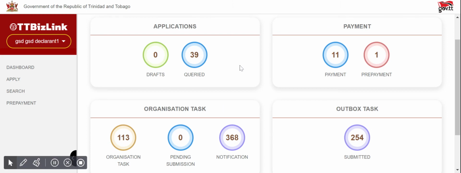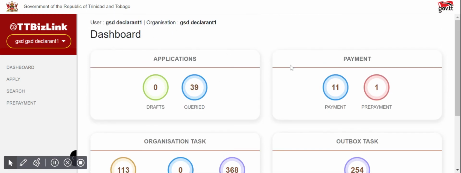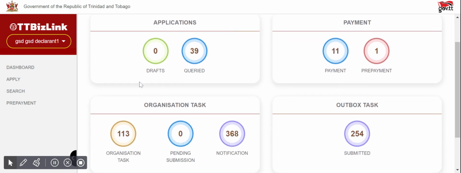Understanding your buckets on your dashboard. So the dashboard that you have open would be the dashboard for the organization that you're logged in with. So this organization, which is GSD Declarant 1, has zero drafts, meaning that they have zero draft applications for all